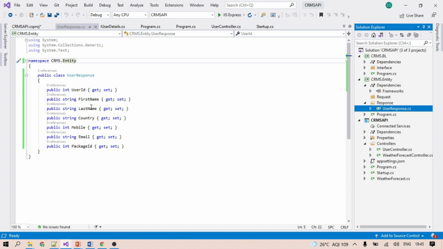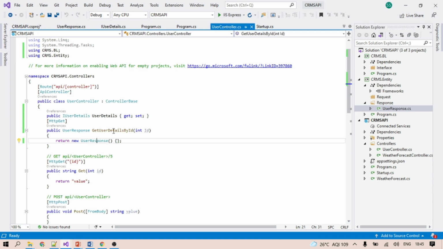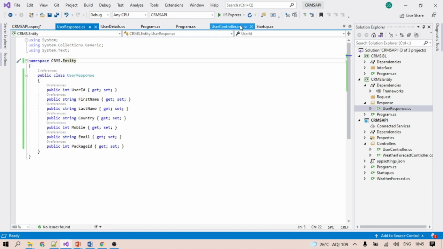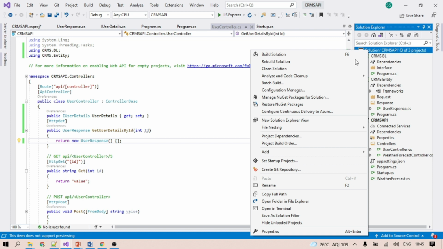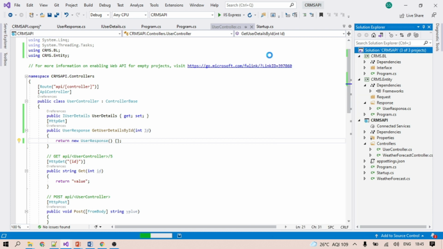The data we created here is structural data, and the response we are returning is the same. So whatever data we put here, it will always be in the format of the data we created in the response class. So let's build and run to see if it is building properly, because we made a lot of changes. Hope it is building properly.